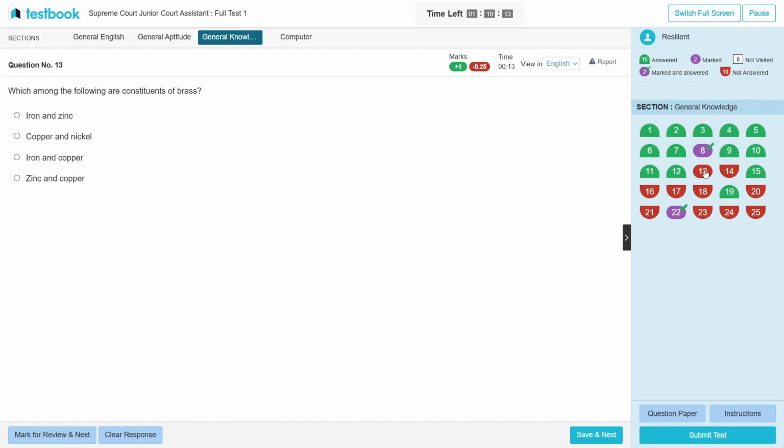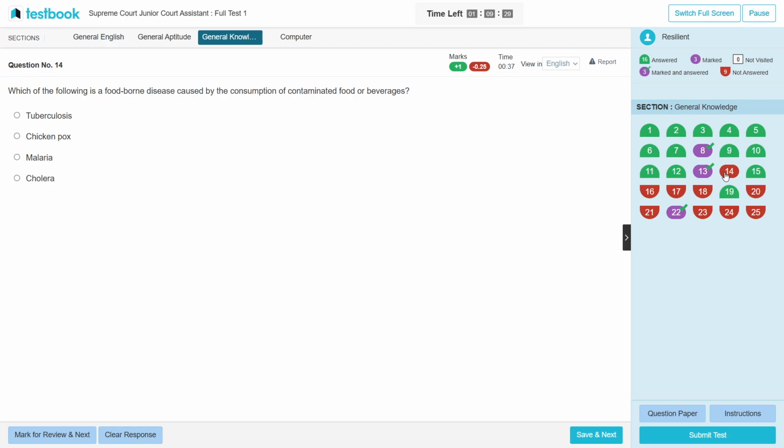ये देखते हैं. Which among the following are constituents of brass? ब्रास कॉपर निकल। कॉपर निकल है क्या? आयरन तो बिल्कुल नहीं। जिंक कॉपर। निकल। पता नहीं। ये पहले बाद में।